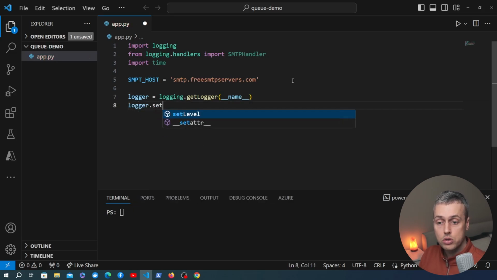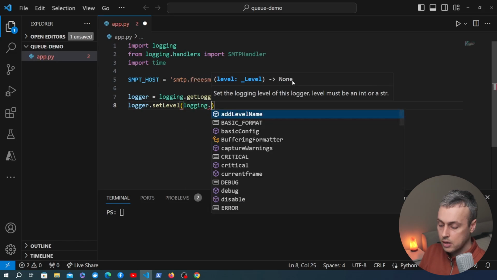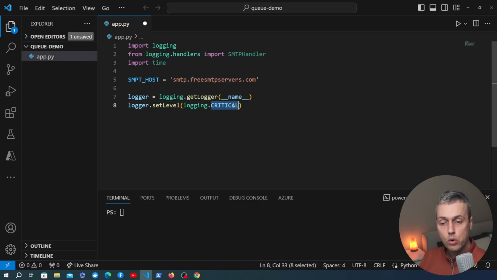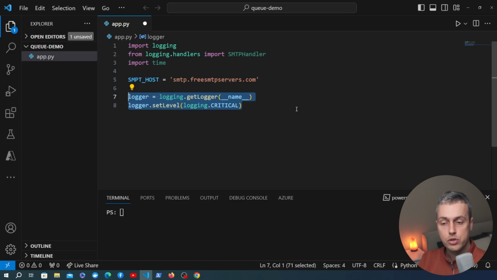So we're going to use the logger.setLevel function, and we can pass a level into this function, and only outputs of a severity equal to that level or more severe than that level are going to be sent to our handlers. So what I'm going to do is set this to logging.CRITICAL, and this is the most severe log level that's defined in the Python logging module, and that means that for this particular logger that we've just created, only critical log entries are going to be sent to the handler that we're going to define,